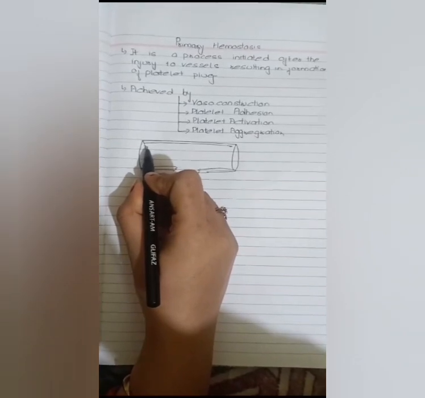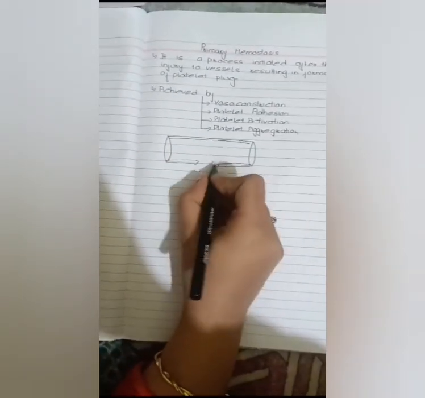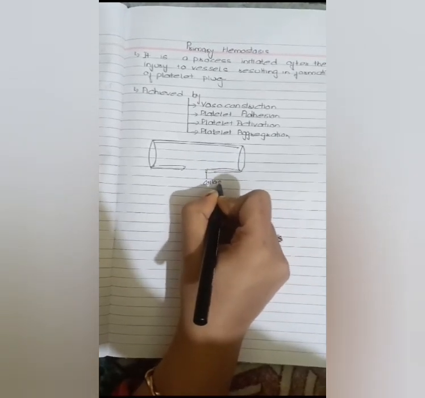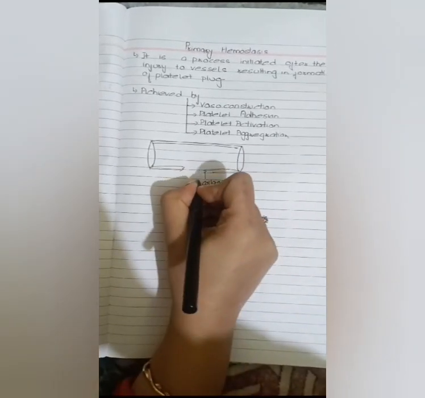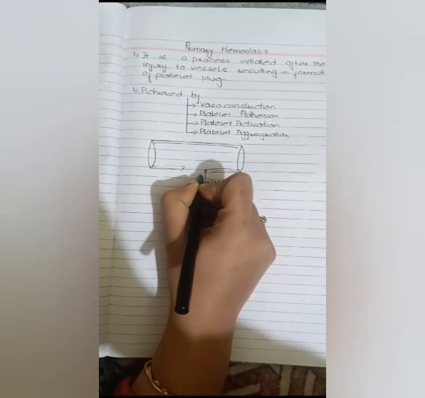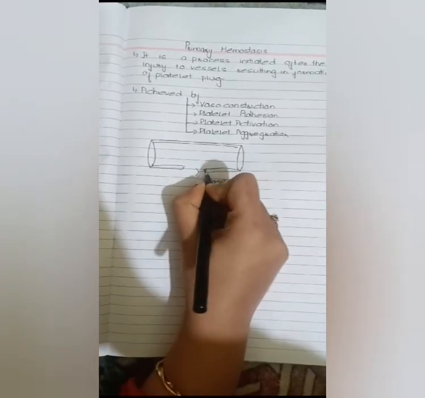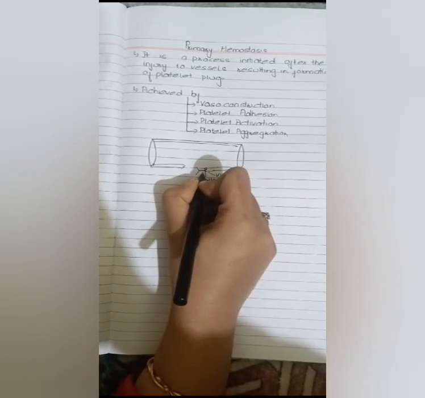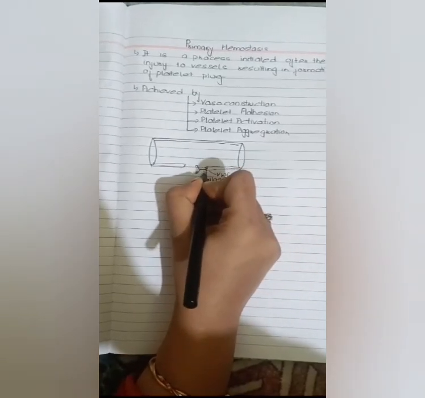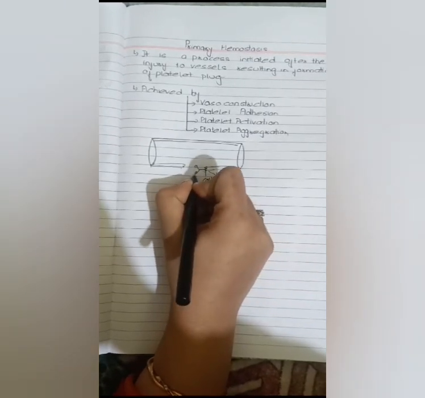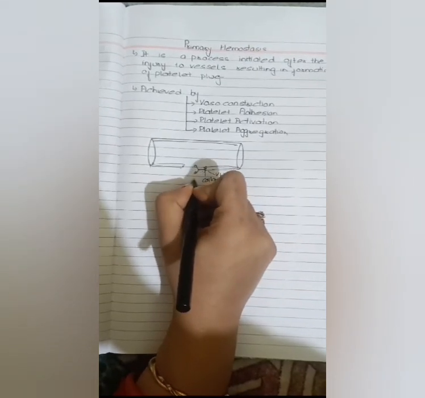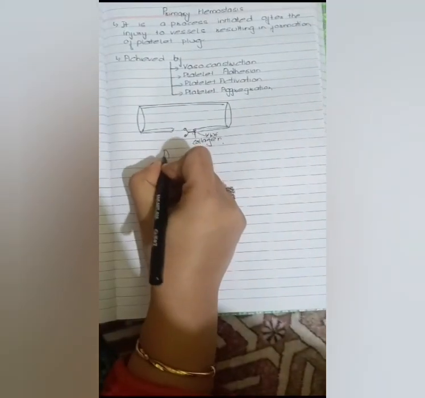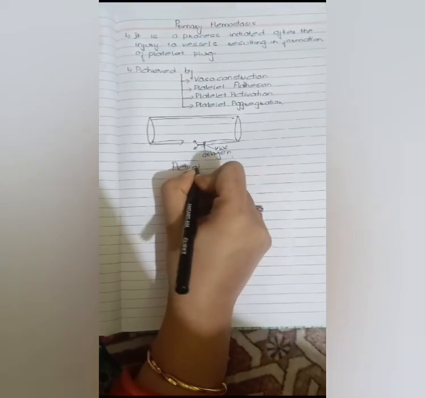After the injury to the blood vessel, the collagen present in the wall of the blood vessel gets exposed. This exposed collagen produces von Willebrand factor. This von Willebrand factor acts as a bridge between platelet and collagen. Hence, the platelet gets attached to the collagen and gets activated. Then this activated platelet releases